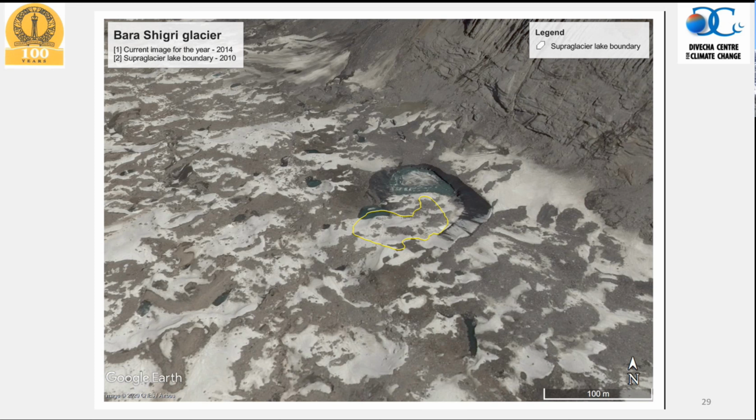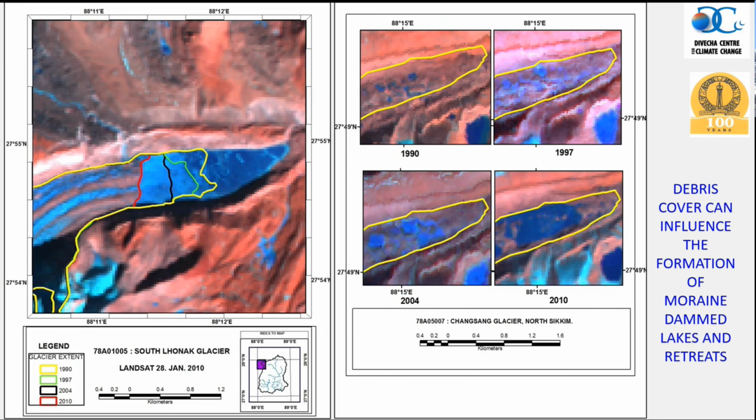So it is not necessary that we can use the classical way of explaining glacier mass loss. There will be significant other contributions, and feedback mechanisms are going to take place. Another significant feedback mechanism is going to come because of the debris cover. Even though we know, as seen in some of my earlier arguments, that if there is debris cover at the terminus, there will be less melt at the terminus, essentially increasing its response time.